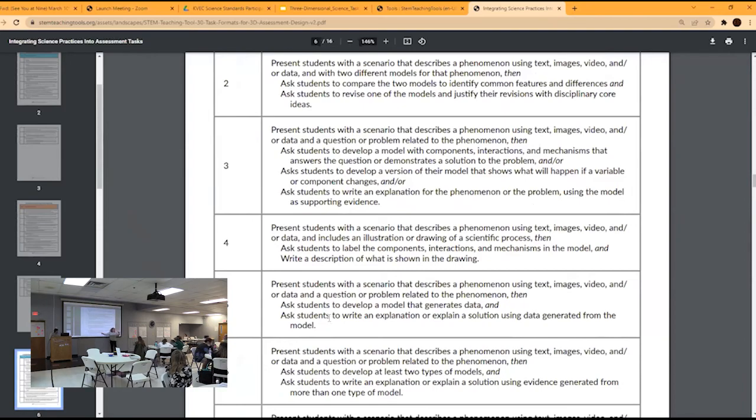That would meet the intent of that practice of modeling. So I share this with you because I think that knowing what the questions are in a task, and knowing that perhaps one is not so great in the PE or in the SEP, I could use this to help guide how that could be modified.